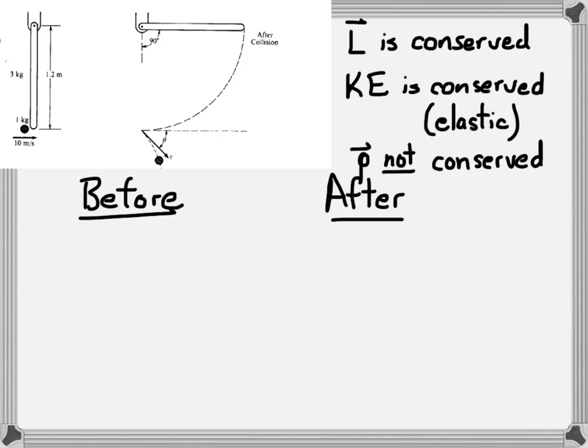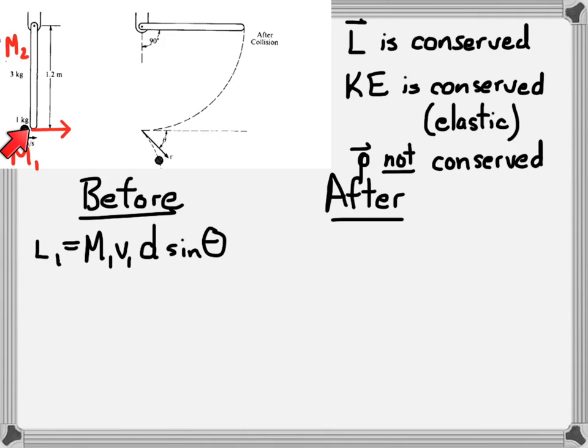But what you can say is that immediately before the collision, we can pretend as though it does have angular momentum. And the formula for that angular momentum is usually what you see in textbooks. It is mass times velocity times either r or d, where d is the distance from the pivot point to the ball or the object. So a single point mass will have mass times velocity times distance, and very often you'll see this as r, but I decided to make it d. What you don't often see is actually this term sine theta, which doesn't have to be there as long as the